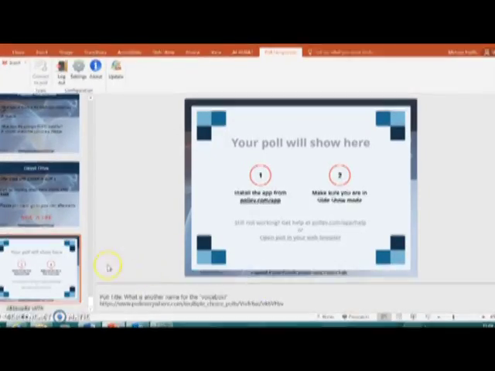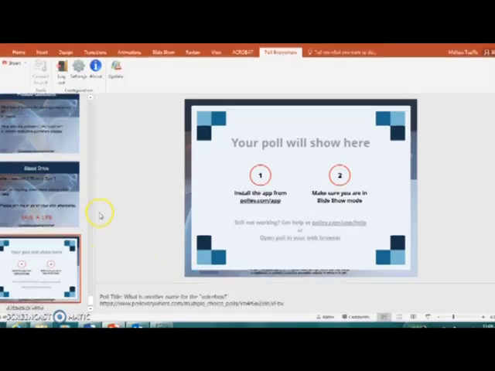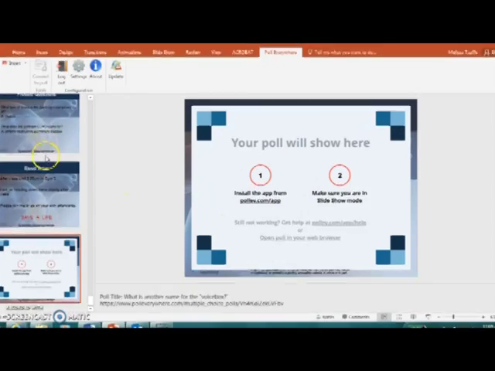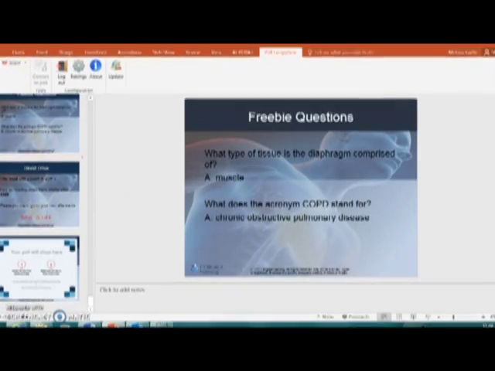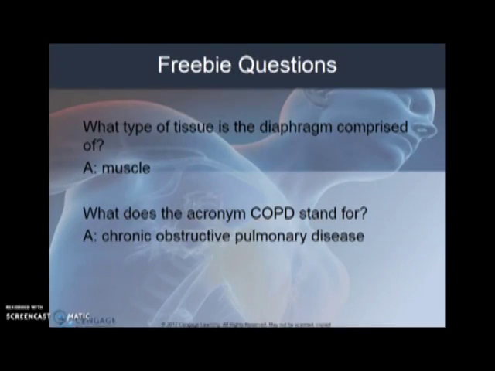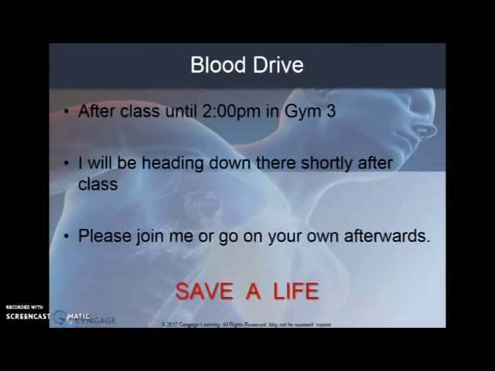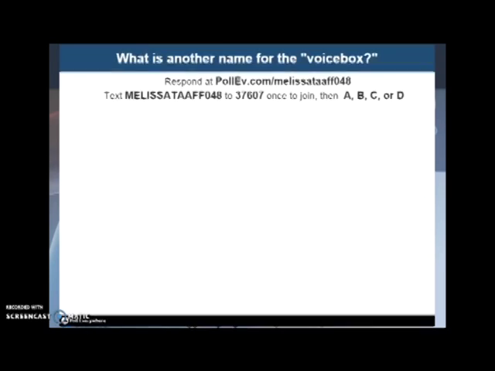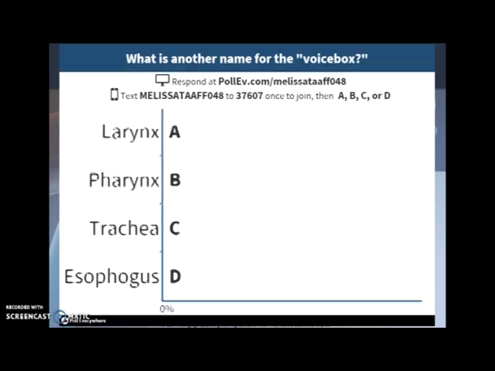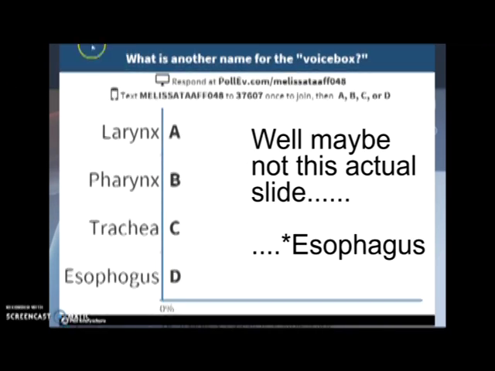Now when you look at it from your building view, you're going to see that it just shows your poll here. But when you actually start running the slideshow, it looks a little more like this. And so this is a slide that the students will see in class. So it tells you the question up at the top, and underneath it, it tells you the instructions on how